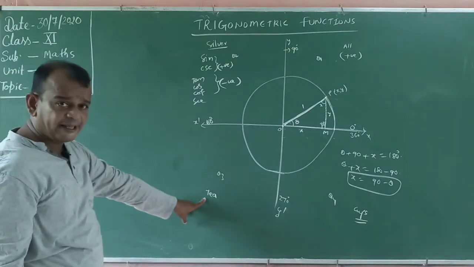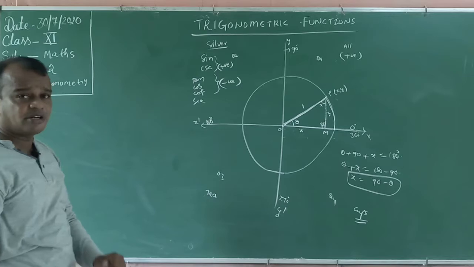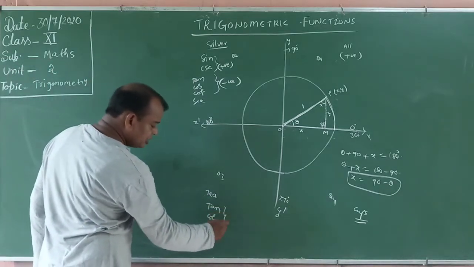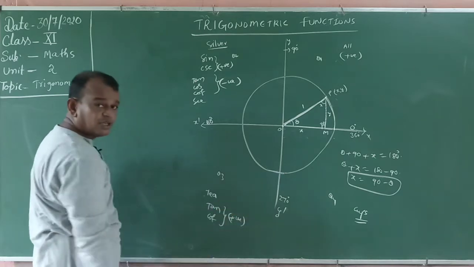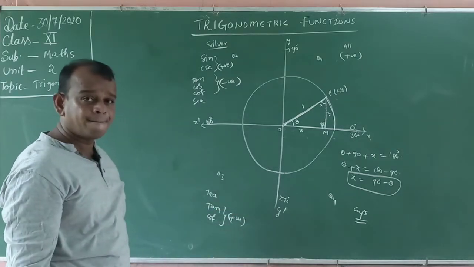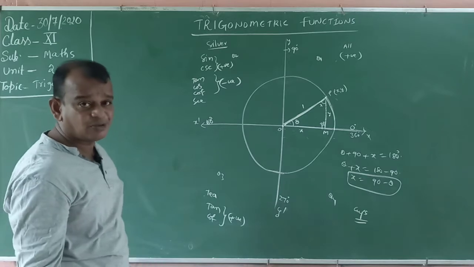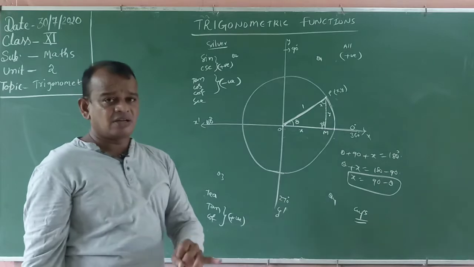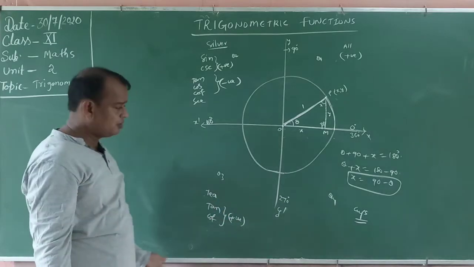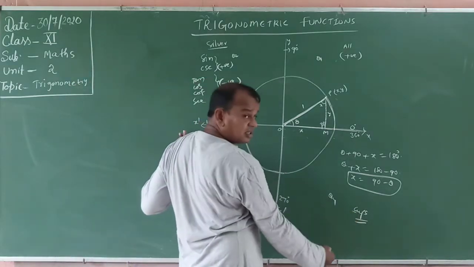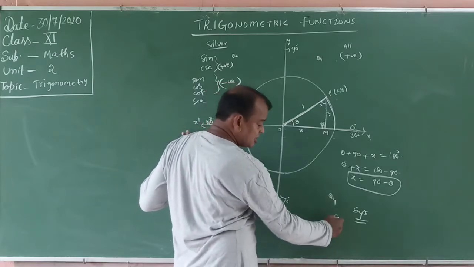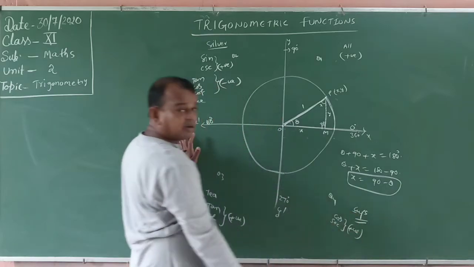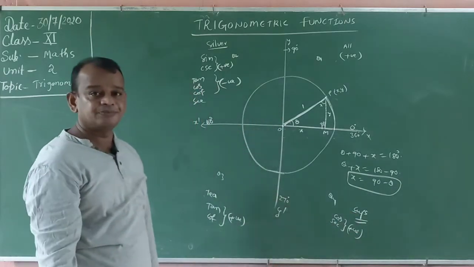Third one, tea. First letter T. Which trigonometric ratio starts with T? Tan. What is the reciprocal of tan? Cot. These two are positive, and the remaining, sine, cos, secant, cosecant, must be negative. Then cups: cos is the main trigonometric ratio. What is the reciprocal of cos? Secant. These are positive, and the remaining must be negative.